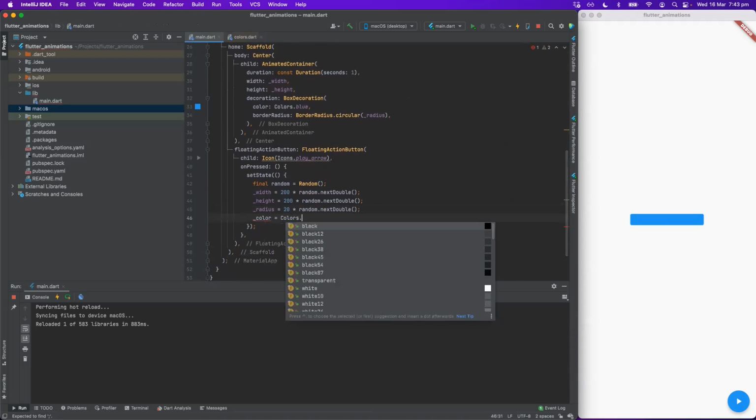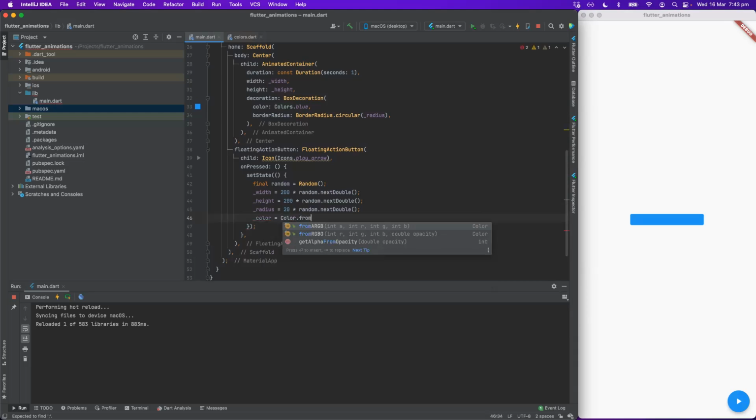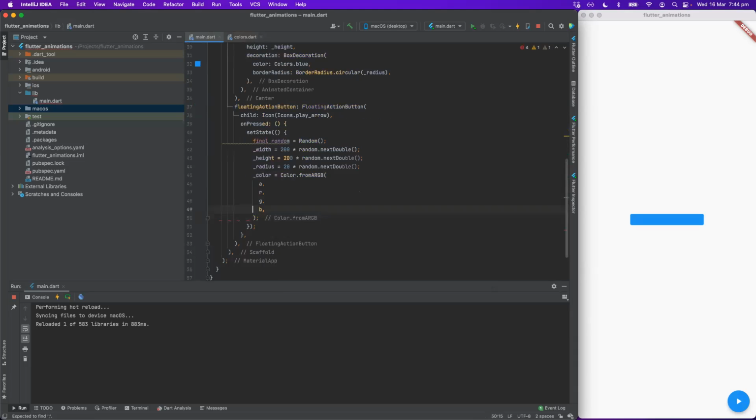So yeah, this color, and again, we're gonna just randomly generate that. So let's say I will generate this color from RGB values. The first one is alpha, then is RGB. And I'm gonna just randomly choose them.